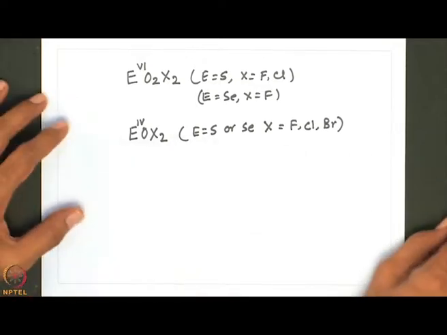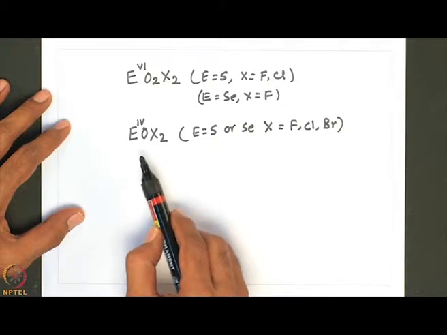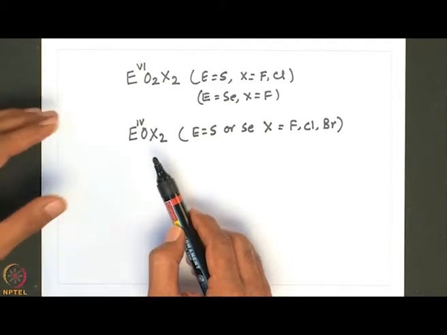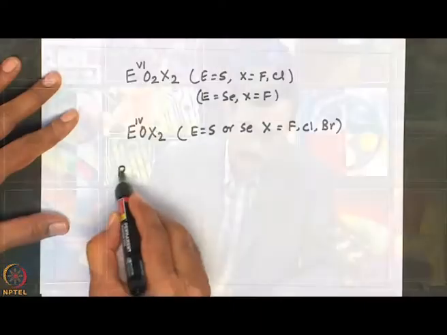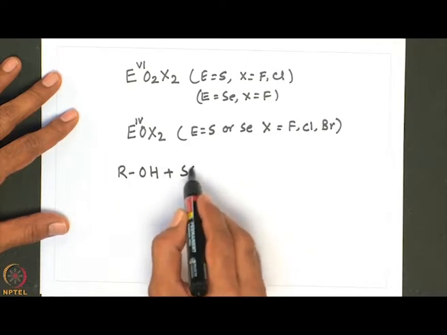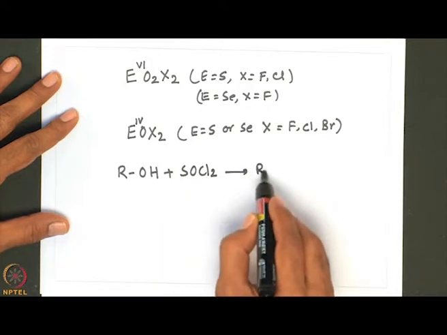They are called sulfuryl halides, and thionyl halides in the case of sulfur. So, sulfuryl and thionyl halides and their selenium analogues are powerful halogenating agents and find application in inorganic as well as organic chemistry. For example, in the preparation of chlorides from alcohols and anhydrous metal halides, these compounds are widely used. Let me write a couple of examples here. Take a typical alcohol and treat with thionyl chloride, SOCl2, it forms RCl,